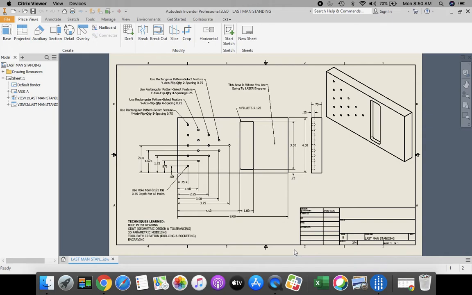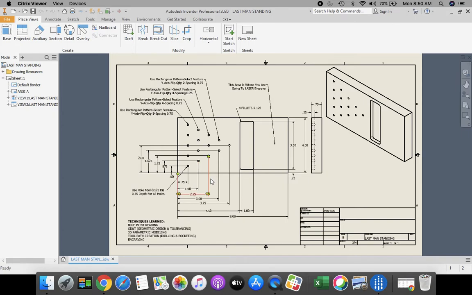Look at creating an IDW, which is a drawing in Autodesk Inventor, and preparing it to turn in to Google Classroom. Now if you take a look, this is what a drawing looks like. We're not going to provide all these dimensions. However, if you want to, you can. However, we're just going to provide a few of these dimensions so that you can show me that you have